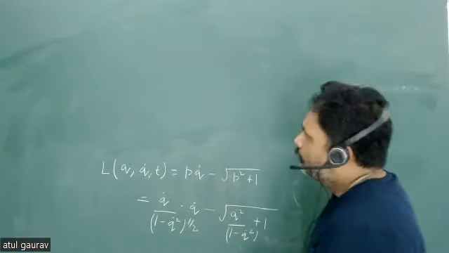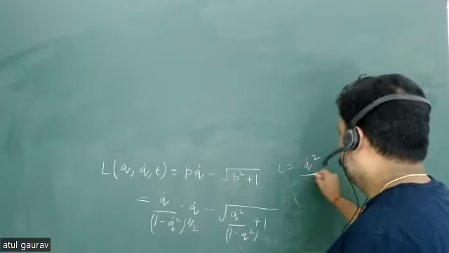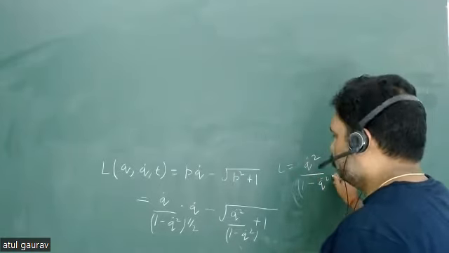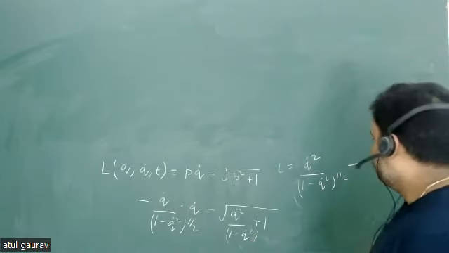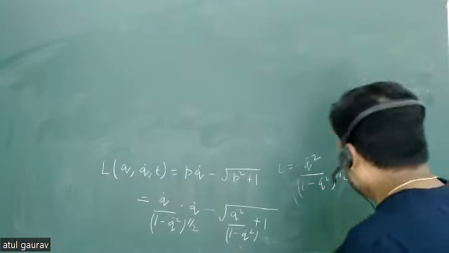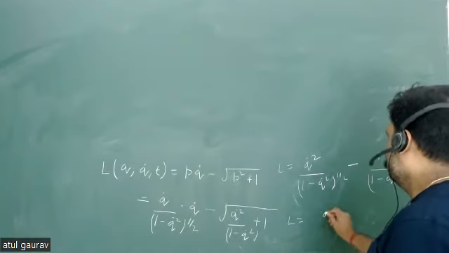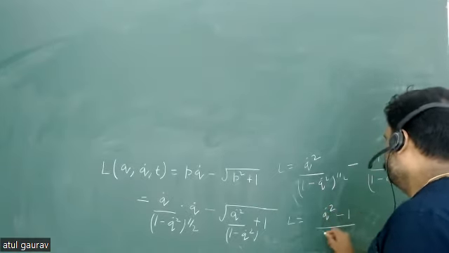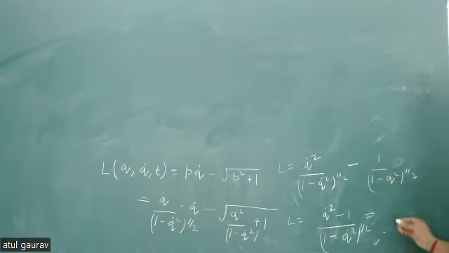So we can use this particular thing as, so this value is what? Q dot square, this is my Lagrangian, 1 minus Q dot square to the power half minus, ये पूरा पार्ट क्या हो जाएगा? Q dot square will cancel, so we have 1 by 1 minus Q dot square to the power half. आप यहां भी नहीं छोड़ सकते हो, you have to go for next step. So when you are writing this, then we have q dot square minus 1 minus q dot square to the power half, and now this can be written as minus 1 minus q dot square to the power half. So this is my